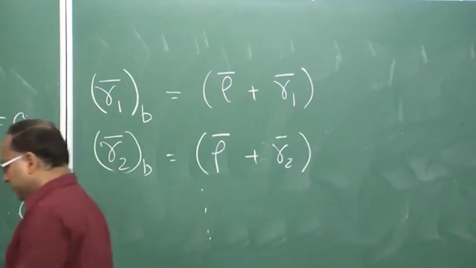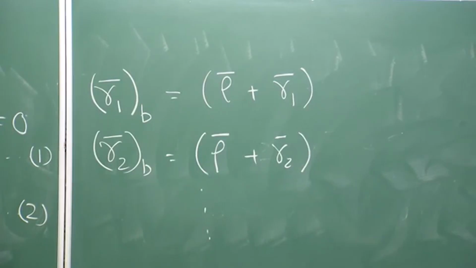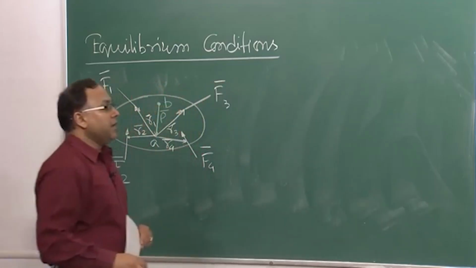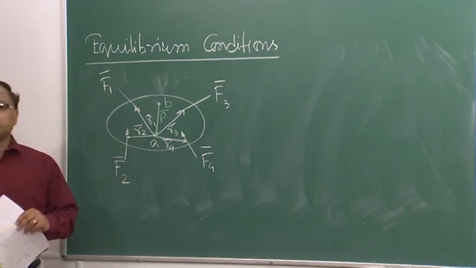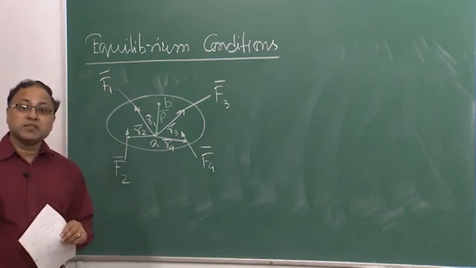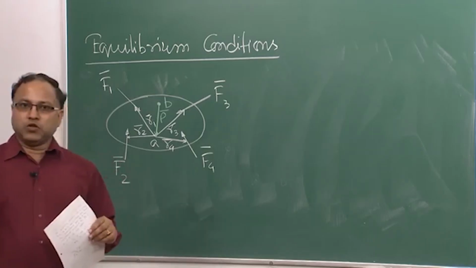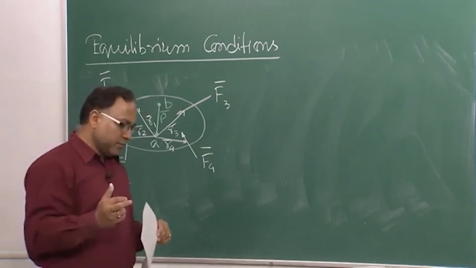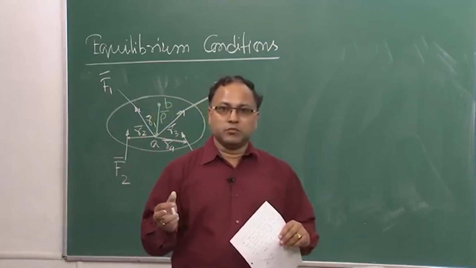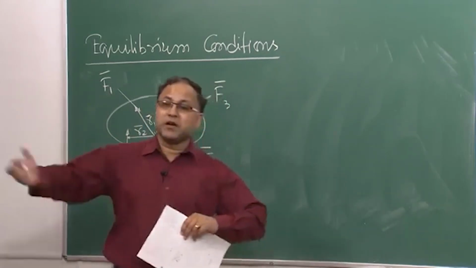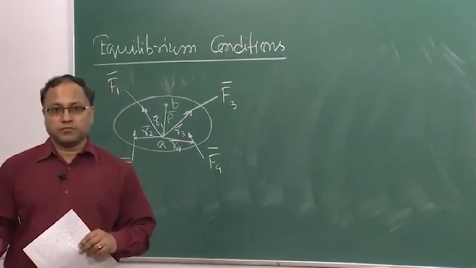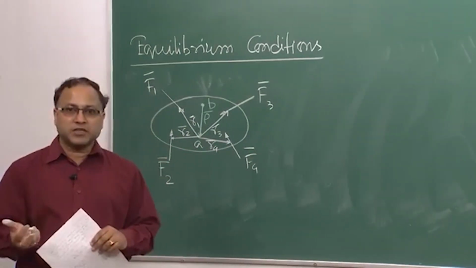So now what can I write? If I try to exploit the equilibrium condition, that is the moment equilibrium, the resultant moment with respect to B is 0. As I told you, the resultant moment must be 0, no matter what point we are choosing. Now we are going to prove that if we choose different points, it will remain the same. That is actually my objective.